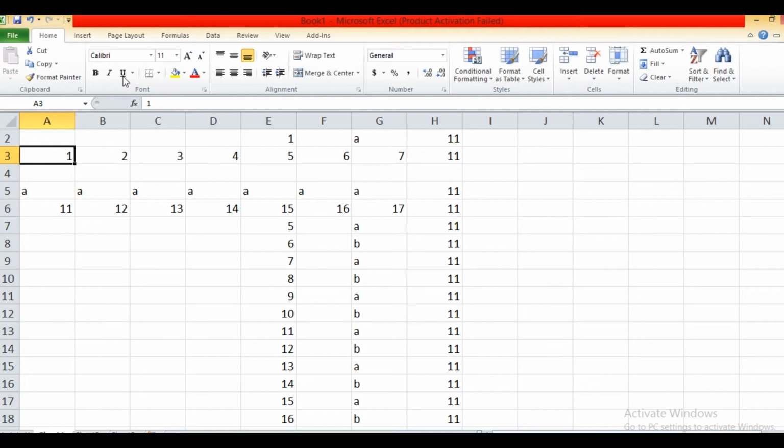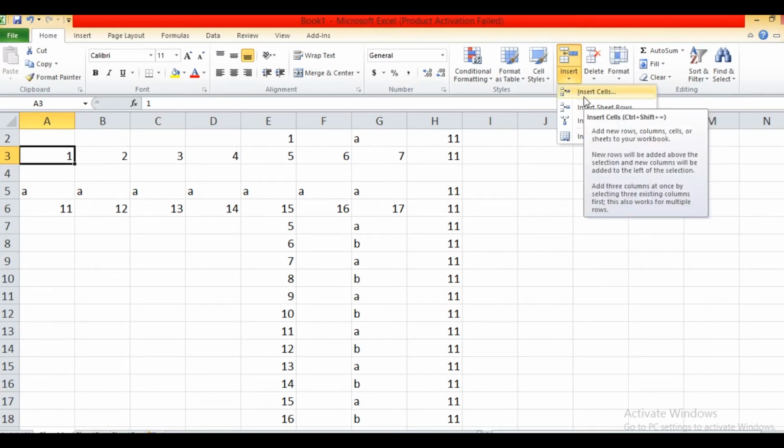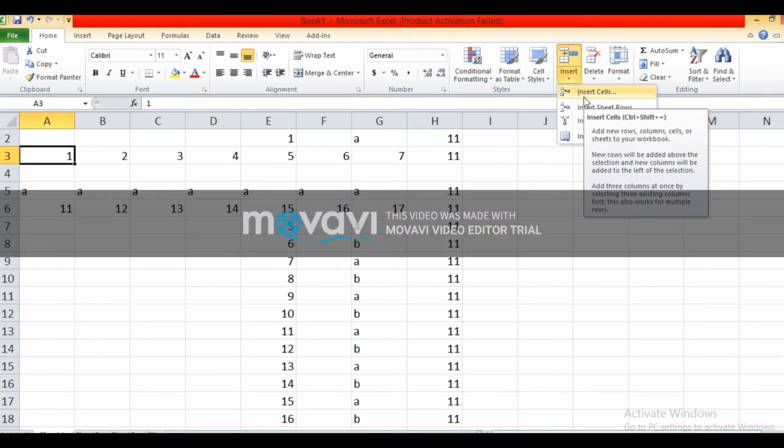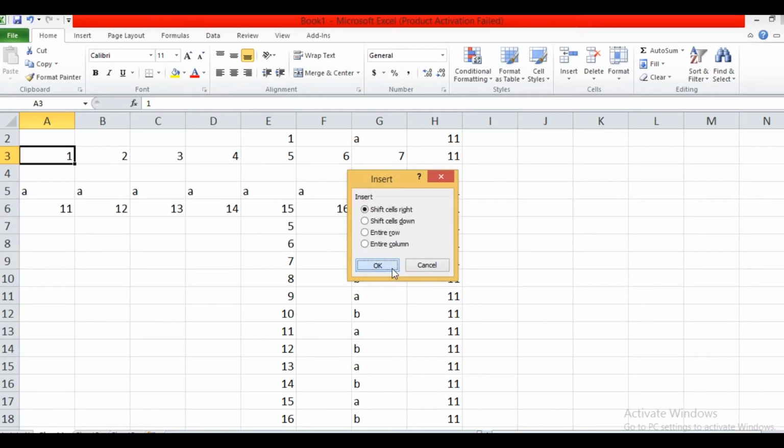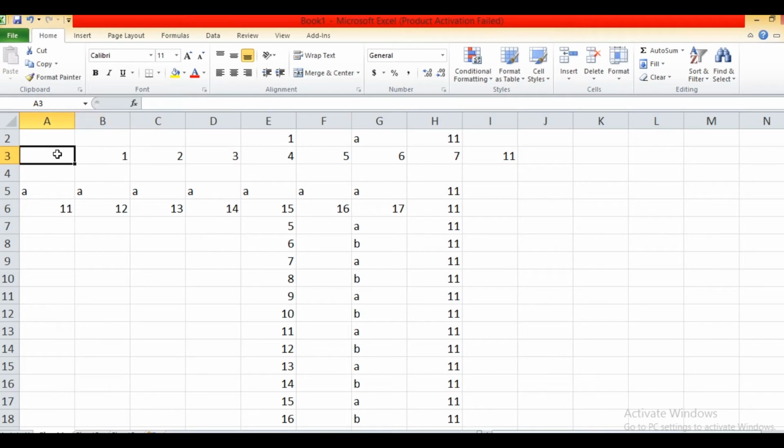Click on Insert from the Cells group. Click on the Insert Cells option. Insert Cells option from the list, where you want to shift that cell, because I want to insert a new cell here. Insert cell, shift cells right. That cell shifted to the right, and a new cell gets inserted here.